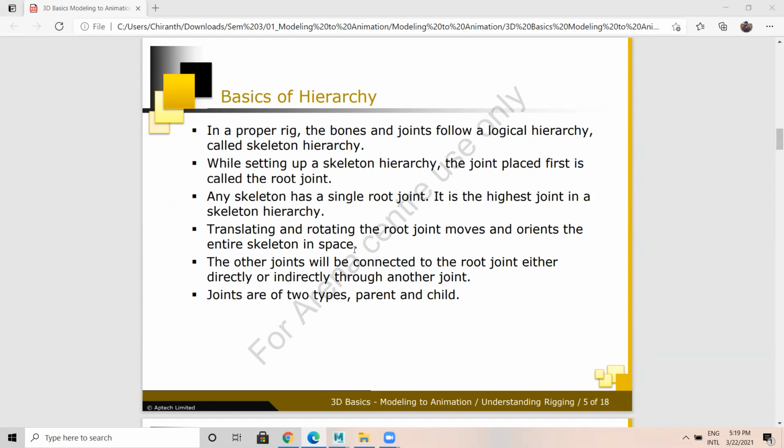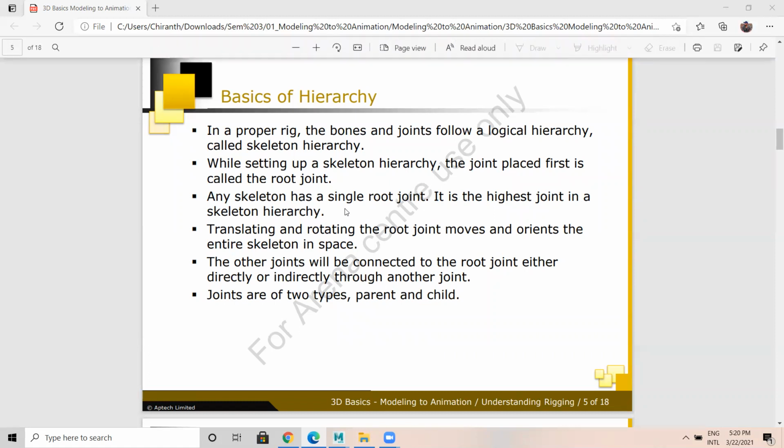Here also, as an example, your wrist bone, your elbow bone, and your shoulder bone. When I move the wrist bone, automatically your elbow moves and your shoulder moves, right? So there is a connection, there's a hierarchy. It's like that here also. Entire skeleton building will be with a hierarchy only.